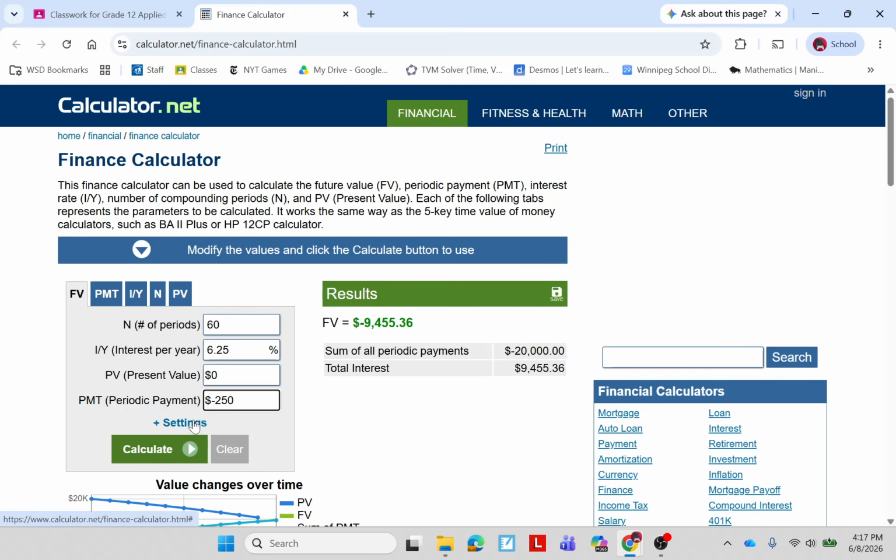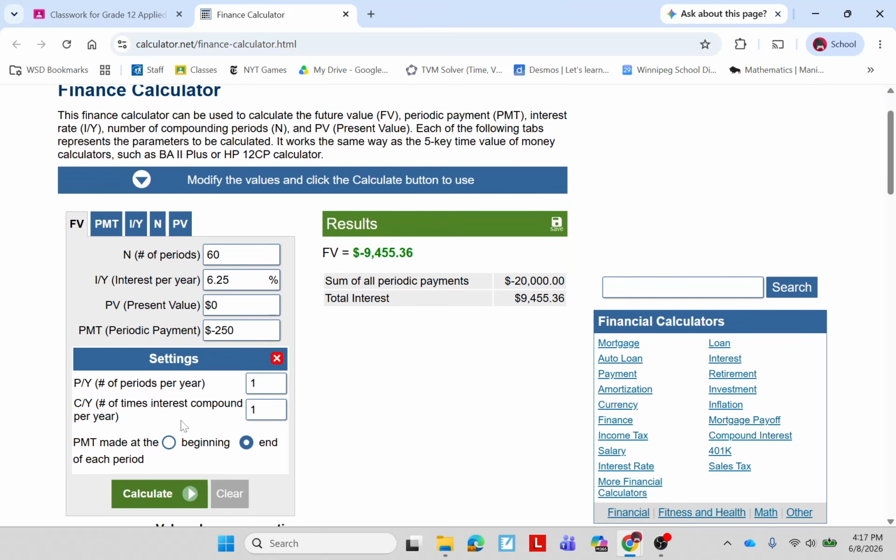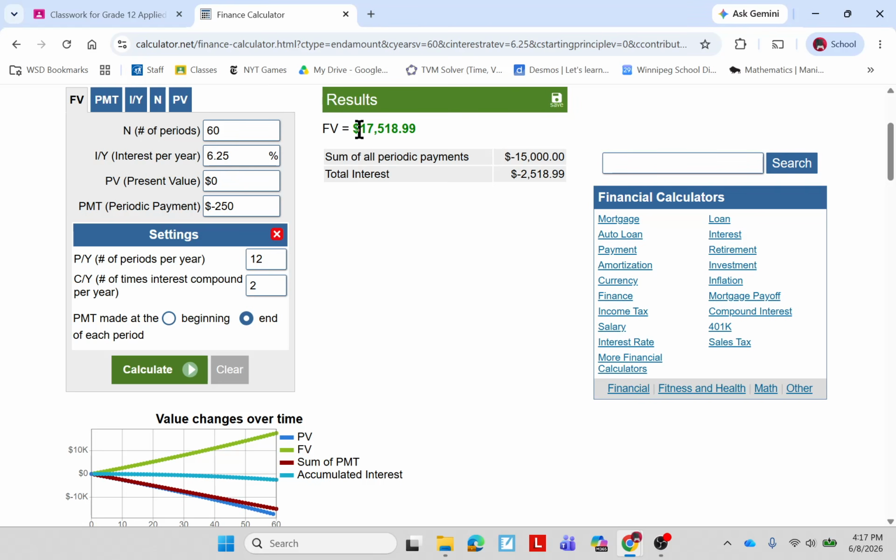And then when you click on the settings, that's where you get your PY and CY numbers. In this case, I'm making 12 payments per year, and it's compounded semi-annually. So it's compounded twice, and then you just click calculate. And we get a future value of $17,518.99. So I'm going to go ahead and write that down, and then I'm going to switch back to the